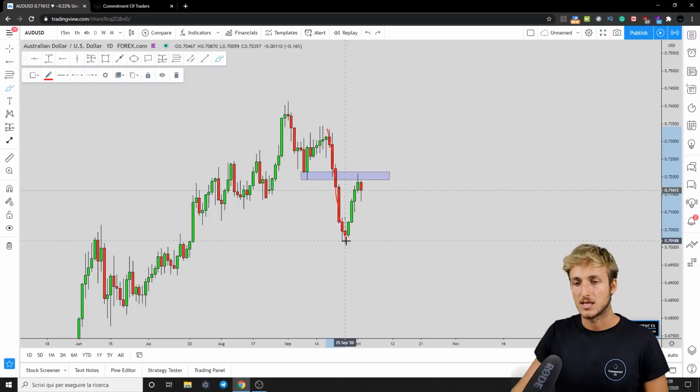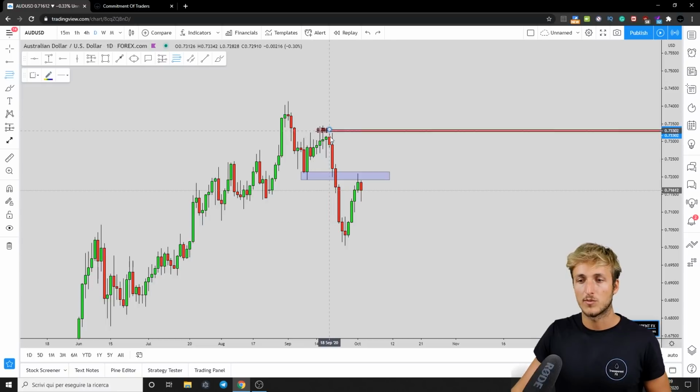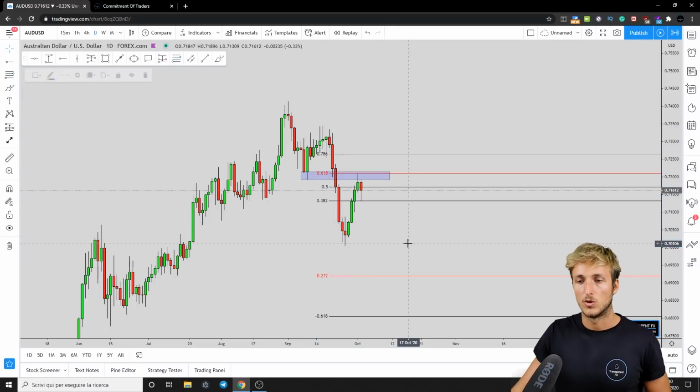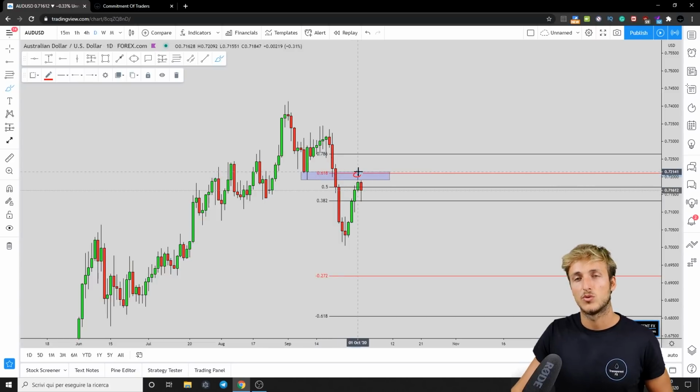We also have a nice impulse and correction. Now, if we want information on the correction, what do we have to do? We have to take our Fibonacci from the high to the low of the impulse. And we can see that the market has just tested the 0.618 Fibonacci retracement, which is the golden ratio. So we have a market that just retraced to the golden ratio, from which we can definitely expect the continuation